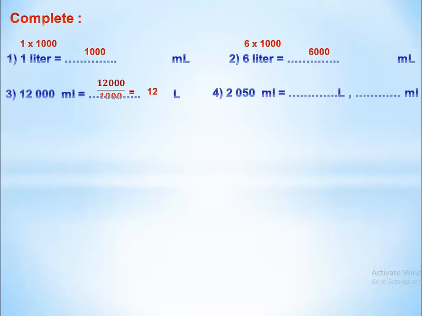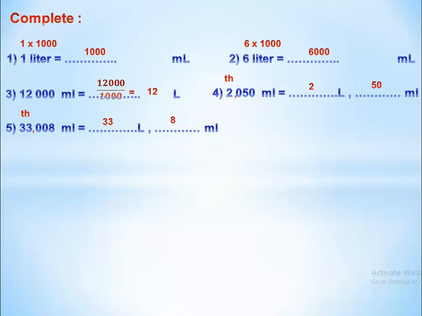2050 milliliter equal how many liter and how many milliliter? As before, we are going to count 3 digits, and the family of thousand is the liter. So 1, 2, 3, comma, and this is the thousand family, so the liter equal 2 and milliliter 50. 33,008 milliliter. Let's count 1, 2, 3, comma, and this is the family of thousand, so we have 33 liters